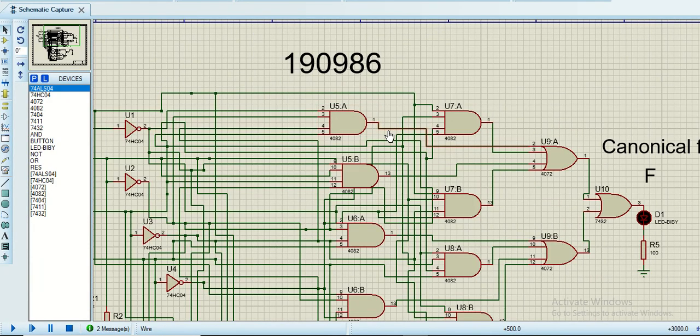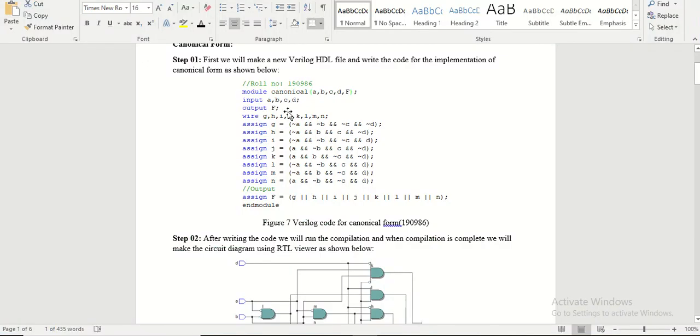The output of this AND gate, for example, is assigned to the first wire G. So this is the AND gate, which ANDs the 4 inputs. These are the 4 input AND gates, all of them. And then for the output, using the OR logical operator, I have used all these wires with OR operators in between them and assigned the output to my function F.